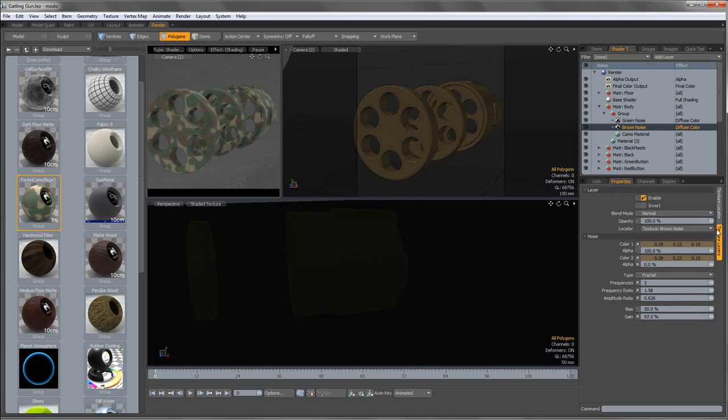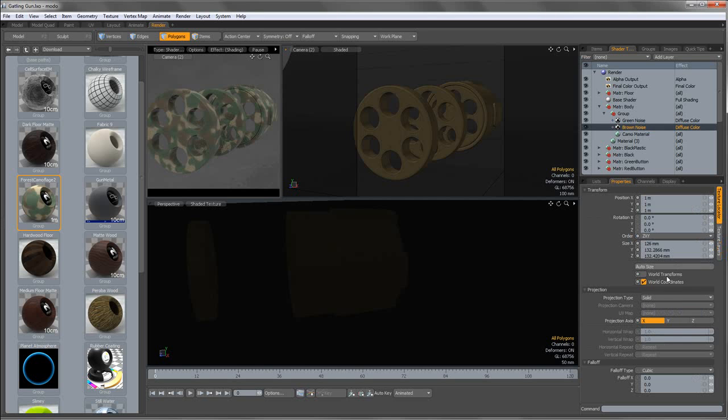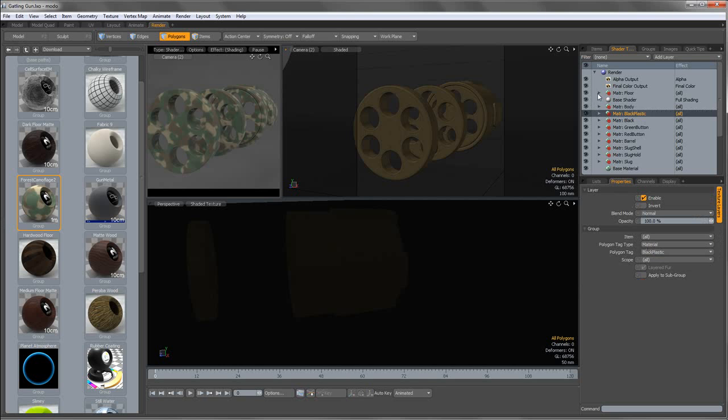And make the size of the noise 100 millimeters. Okay. So we're done with the body. Now we can